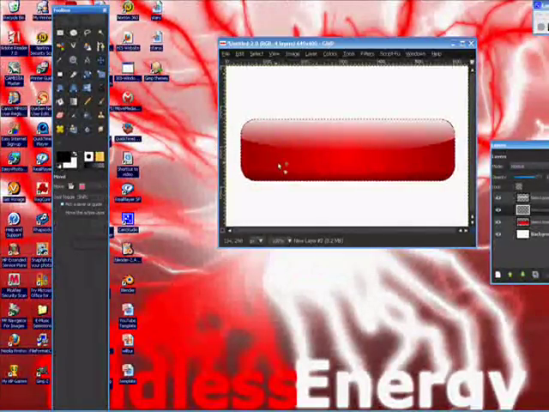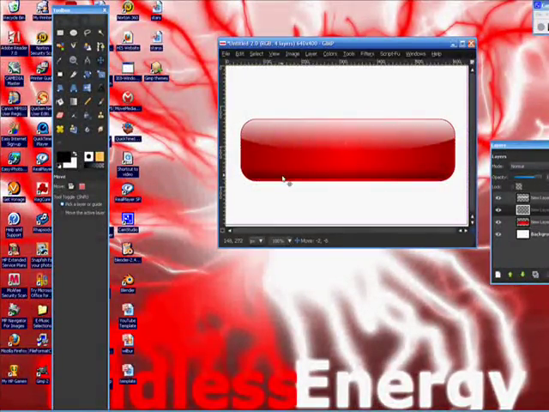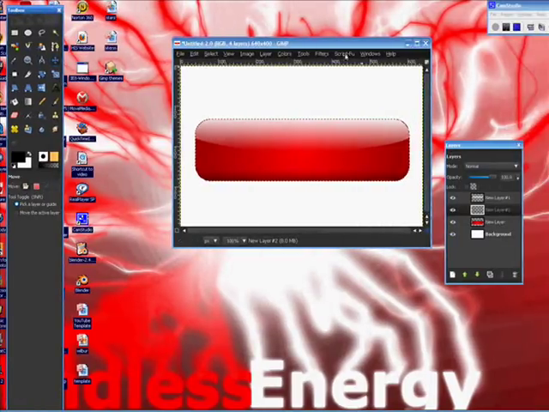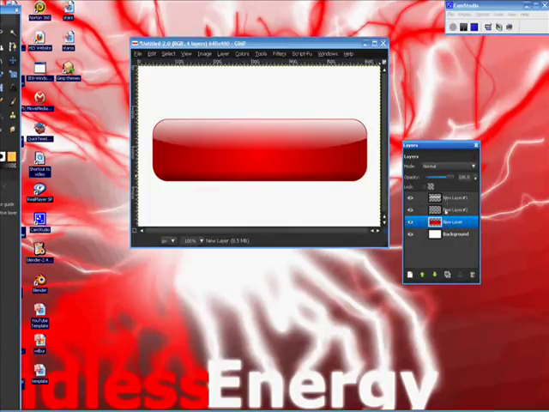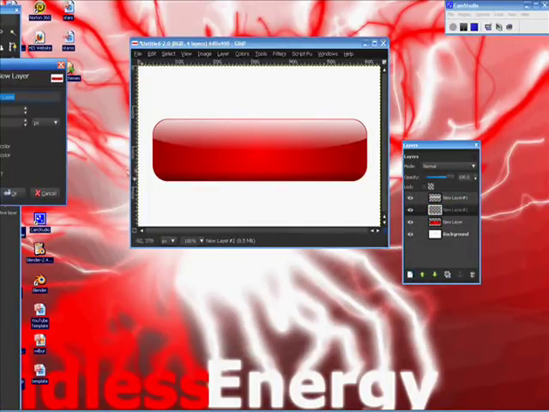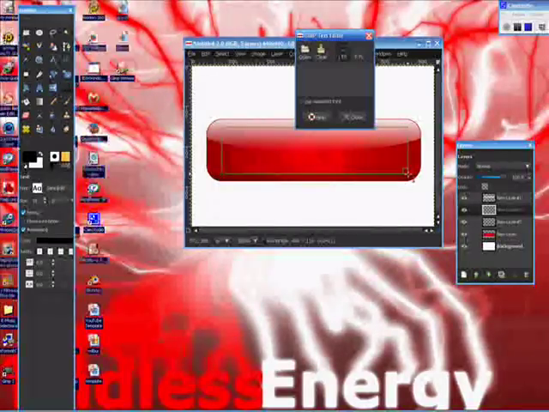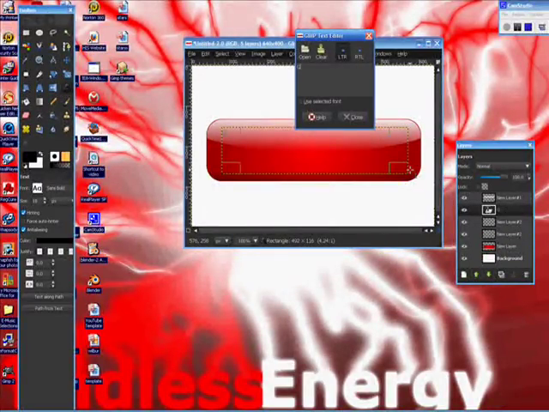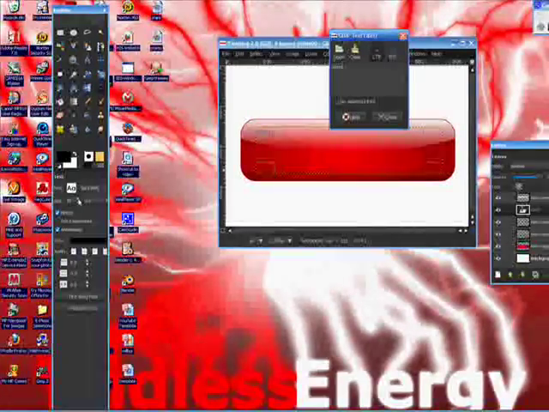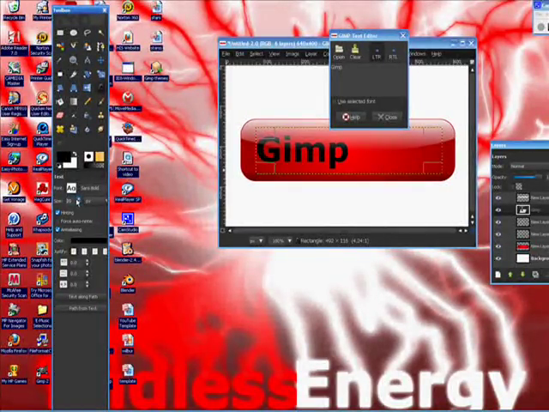Okay, so now we can move on to our text. So make a new layer on top of this black, but underneath the white, and then just sans bold black text, and type in Gimp. If we size it up,